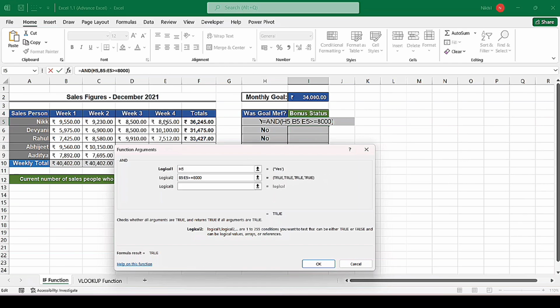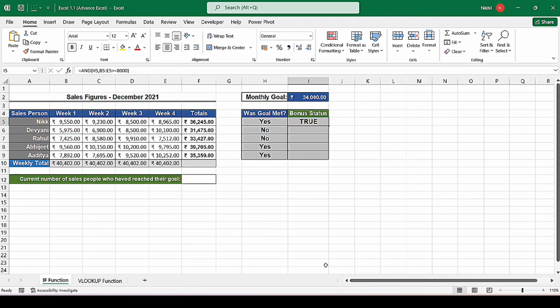This complete formula means if salesperson has achieved monthly sales target of rupees 34,000 or more and salesperson has achieved weekly sales minimum 8,000 or more, if both the conditions are fulfilled by salesperson, then answer should be true, otherwise false. After this, now click OK.